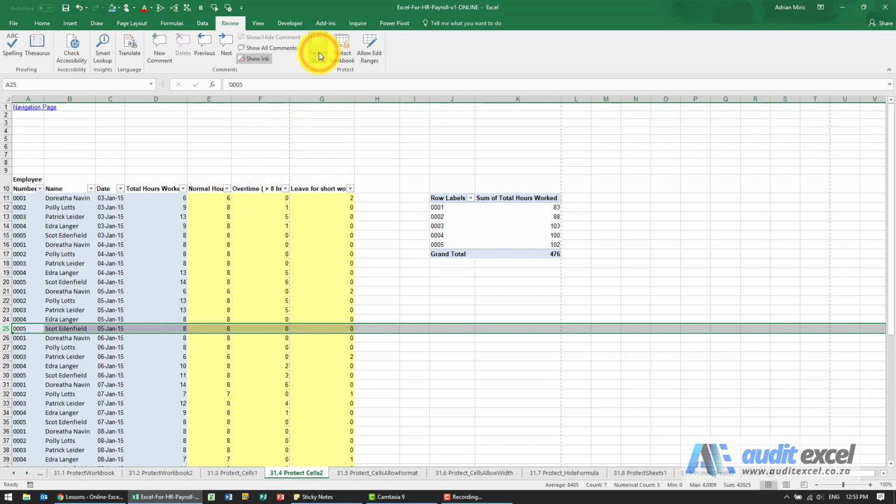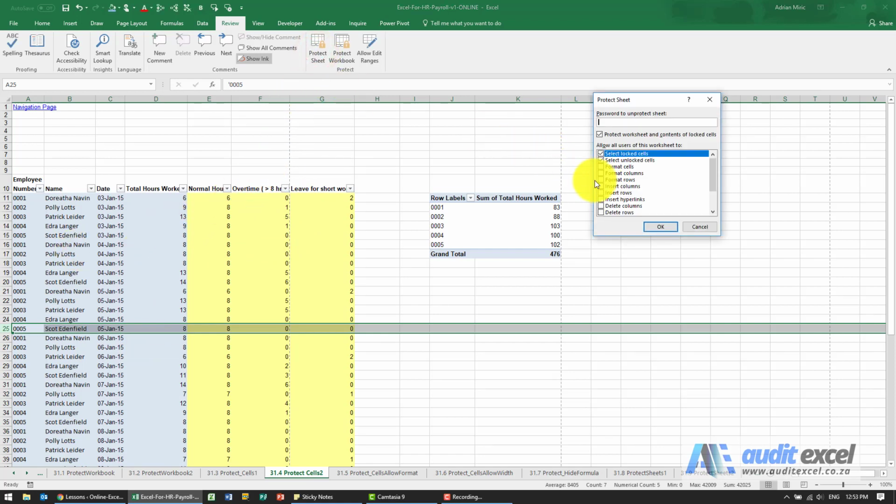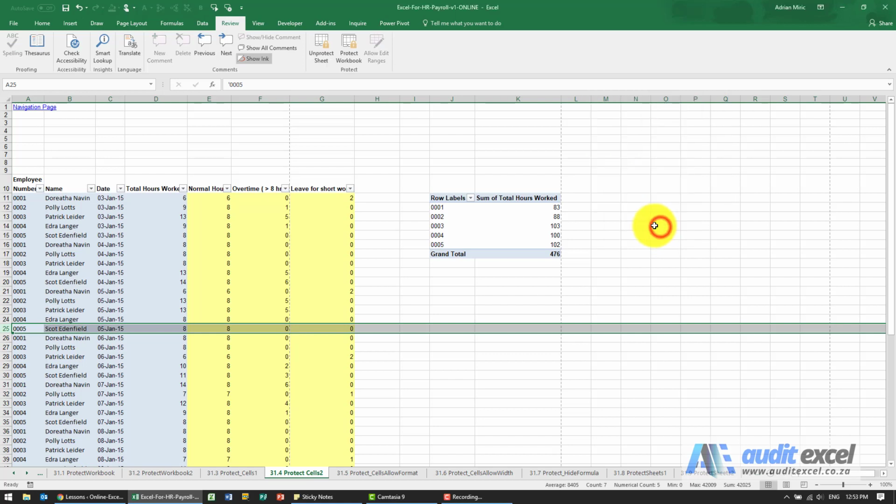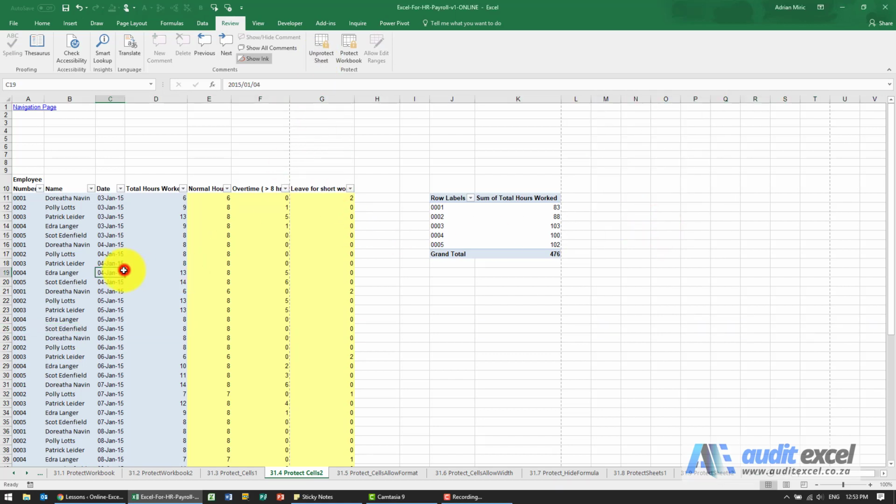So when I unprotect the sheet and protect again, you'll notice there's a whole bunch of options about whether you can insert columns, rows, and hyperlinks, and are you allowed to delete columns or rows. So we recommend you think carefully about allowing this. But if you do say that, so let's say we can insert rows. When I say OK, so it's protected.